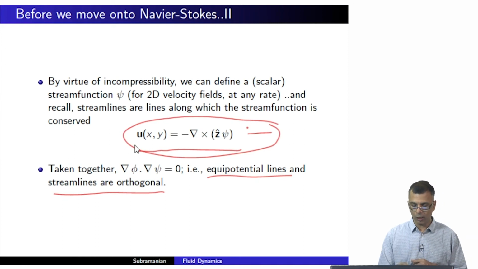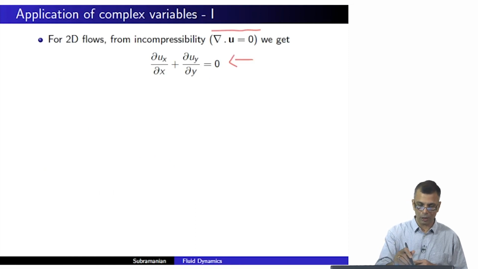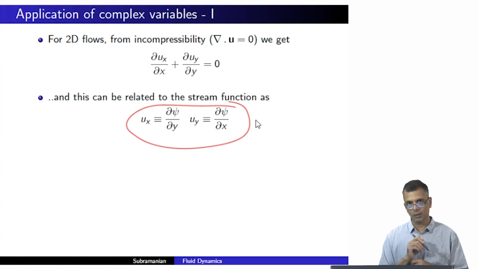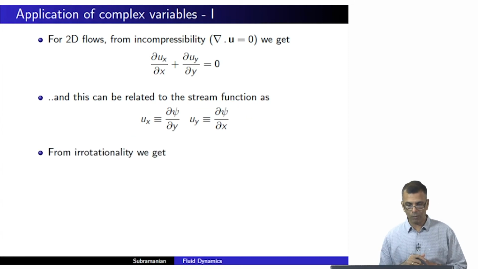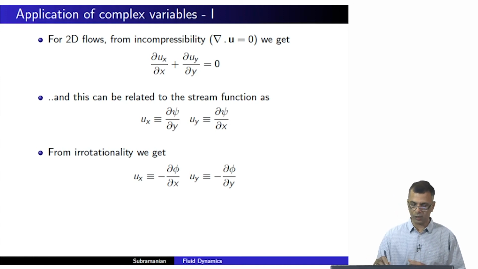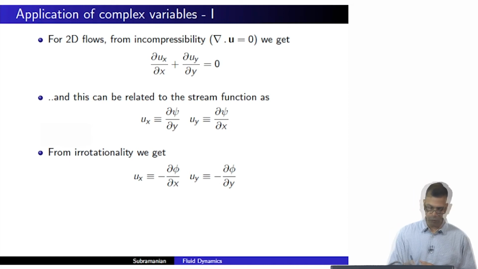You only have ux and uy, and therefore from this definition you just take the curl and this follows. This is from incompressibility. From irrotationality you get this. Irrotationality is just a statement of